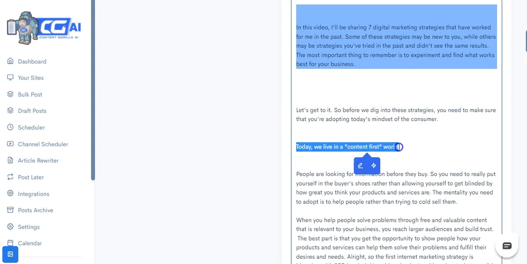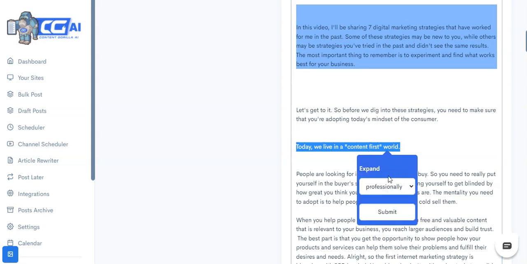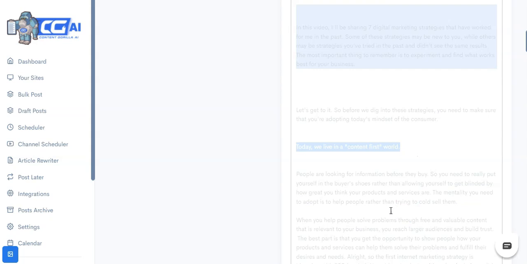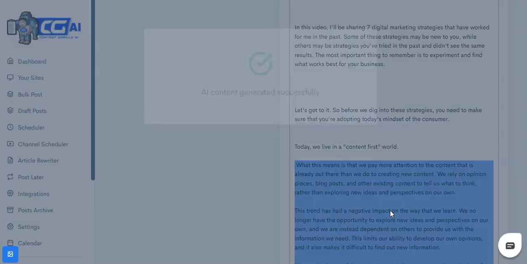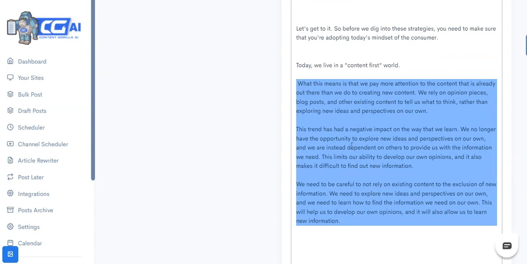So what I'll do is I'll just select this area and then click on the write content button for me, and then I will just ask it to professionally expand it. I can also choose the casual tone, or I can specify if I want it to be in the voice of a particular person, and I'm going to show that in just a second. But let's just go with a professional expansion of this particular sentence. Now, as you can see, it completely expanded that one line into 3 paragraphs.